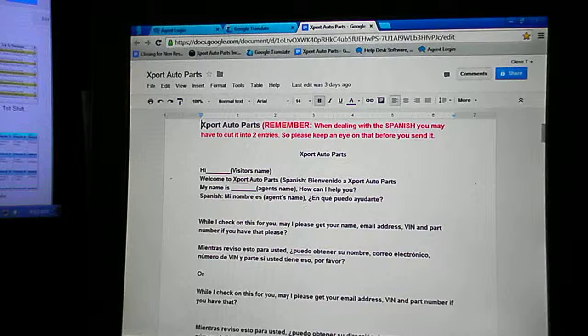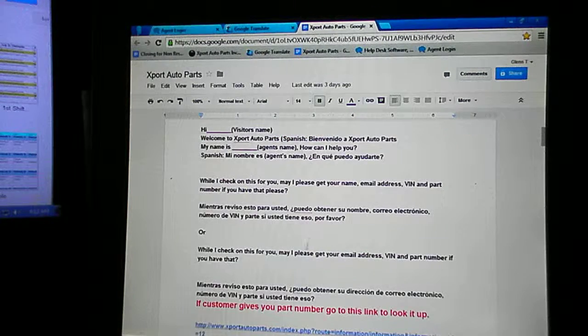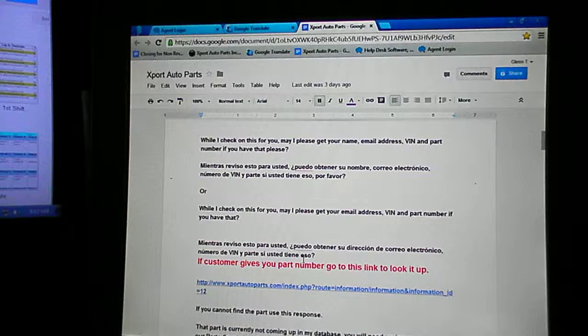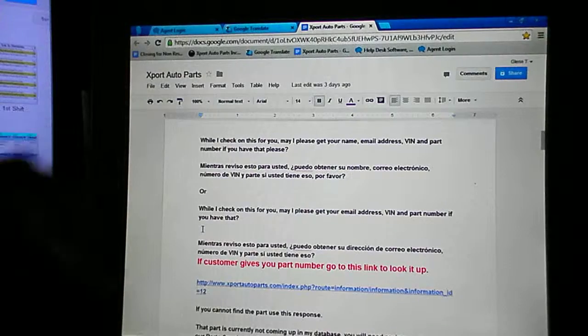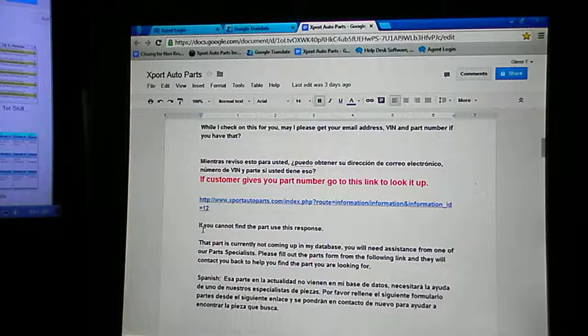Some of the stuff that we use very often is in Spanish. We have put it in Spanish to better help you. Now, what I want you to understand is that this script is a guide. When the customer comes in and they say, I need a transmission for a 1998 Ford